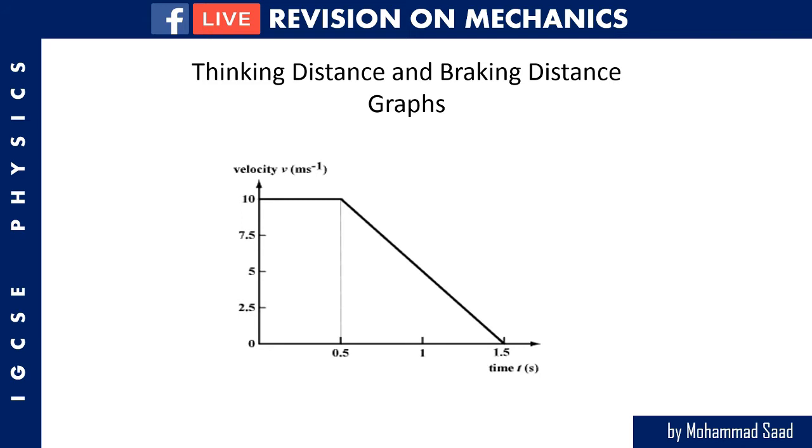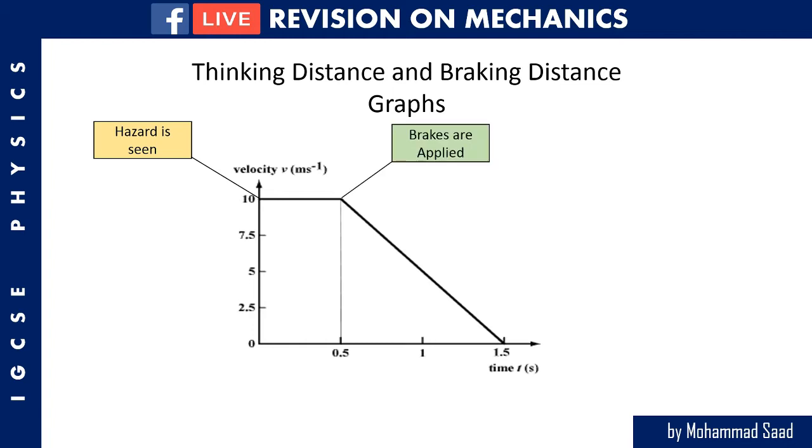Now let's come to the graph. This is the graph that is most commonly asked in IGCSE exams. So here you can see the car is initially moving at 10 meters per second. Basically at this point the car sees the hazard. Then after traveling, and in this case we will assume that the car is moving at a constant velocity, at this point, when 0.5 seconds has elapsed, the driver has finally applied